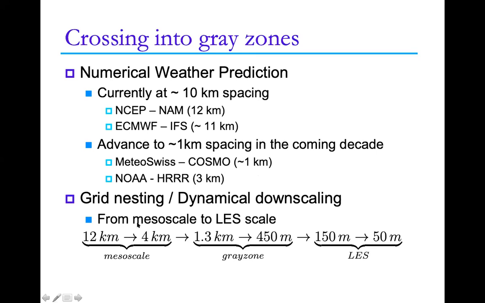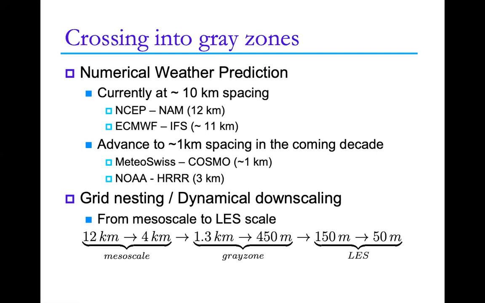And people are pushing this even further down to the LES scale. So at the mesoscale, maybe you start at 12 kilometers and you're refined by some kind of multiples until you end up at, say, 50 meters for a large eddy simulation. Well, somewhere in between there, you're crossing through what we call the gray zone, where we're not really sure: should we apply a mesoscale closure or a simulation approach at 1 kilometer or at 450 meters or even at 150 meters? Is that really an LES, or is that a mesoscale closure, a mesoscale approach, that you should use? So those are all the questions, or the beginning of some of the questions.